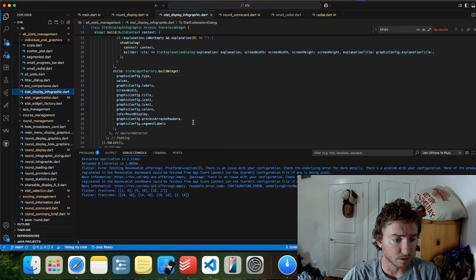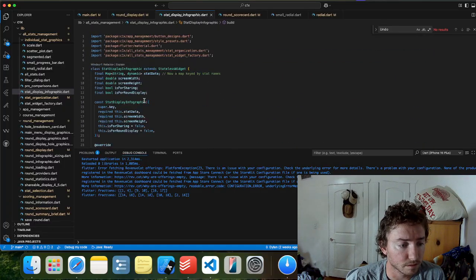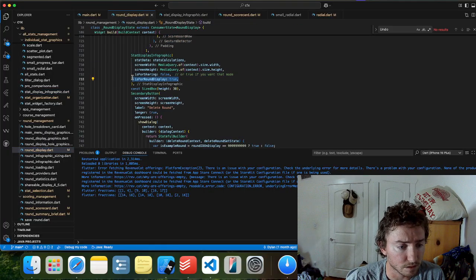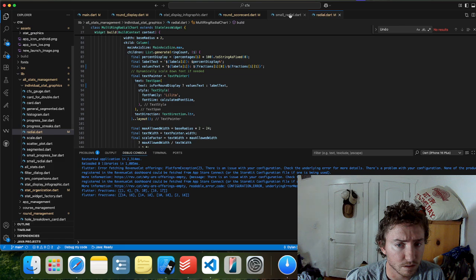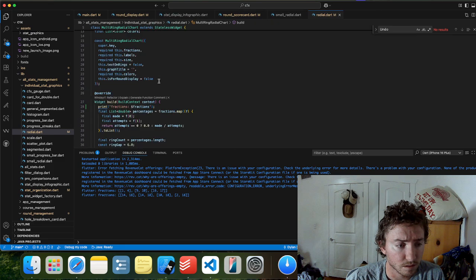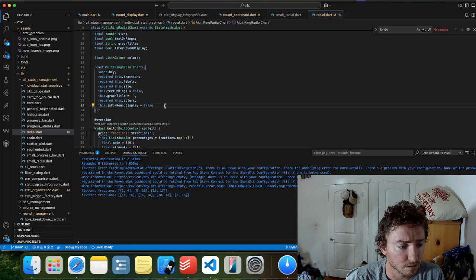Gesture detector, then we go build widget. Is for round display is equal to false. Do I call it round display? I say it's true. I'm confused now. This stuff is round display.